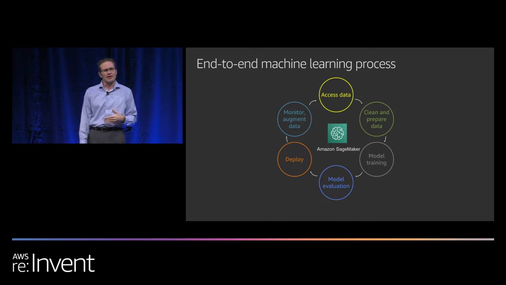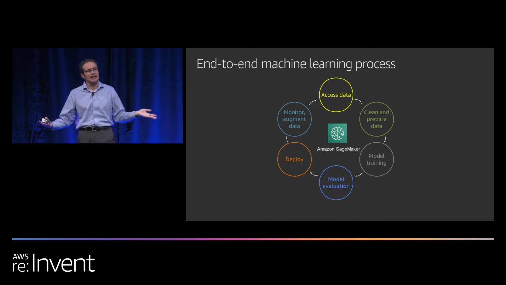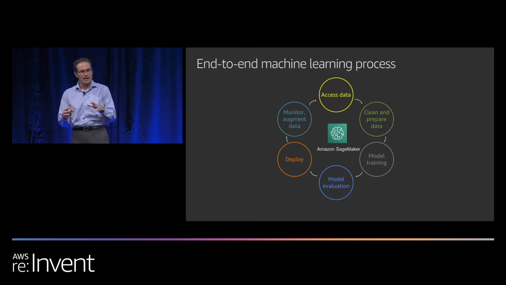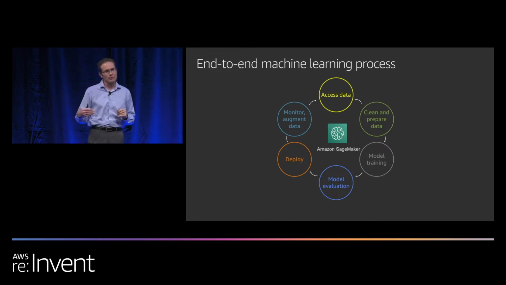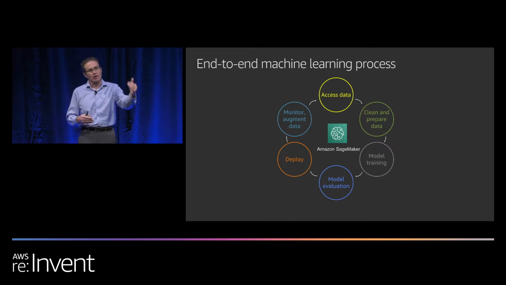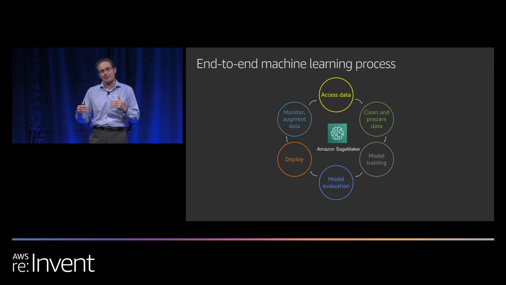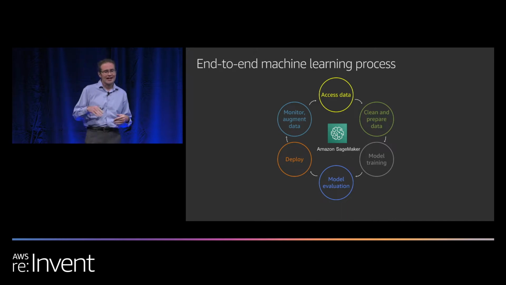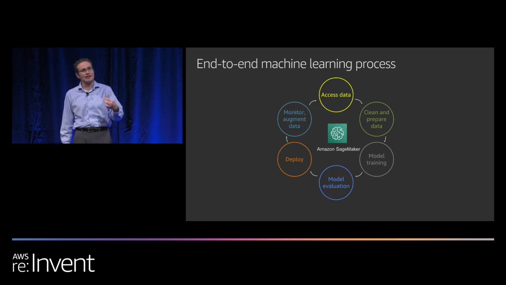And then you go into model training. And if you're going to do this, usually you set aside some data. You take 80%, you run it, and you train your model, right? You pick the best model, and then you take that remaining 20% to do an evaluation. You already know the right answer at that point, and you're running it against the model to see how accurate that model is. The next thing you do is deploy it so you can actually consume the model and make some predictions. But then you're constantly monitoring and augmenting that data, right? So you want it to constantly have a good ability to make good predictions. And that's just a constant loop.